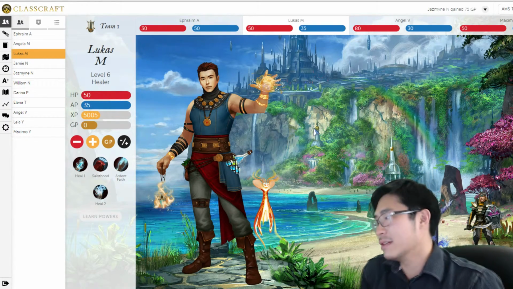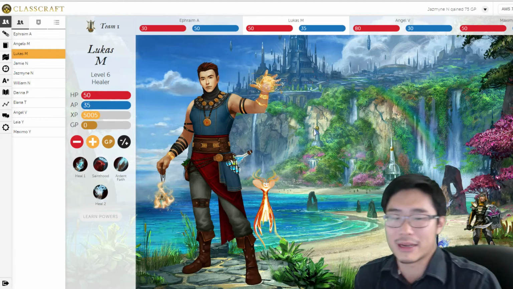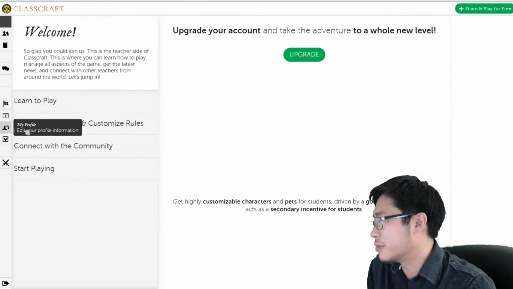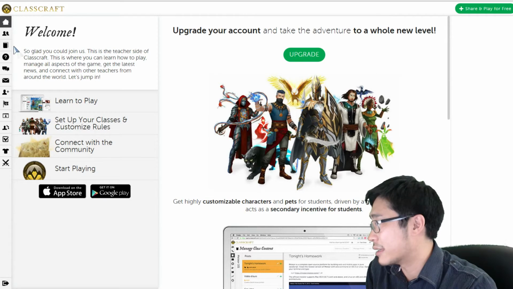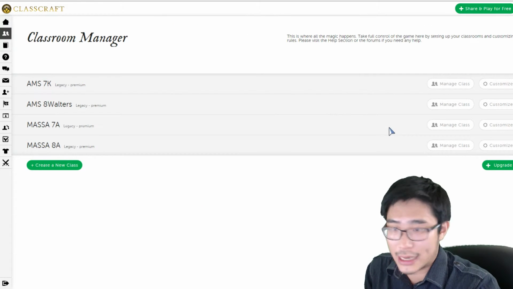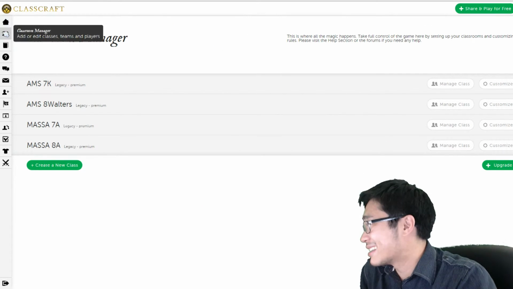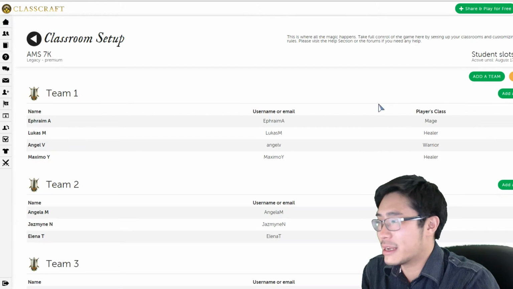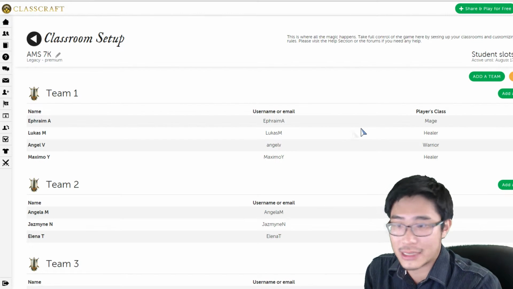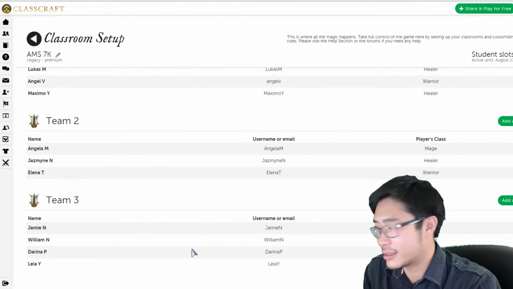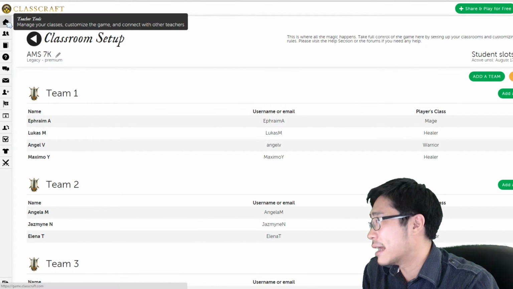It's a wonderful, very, well, let's just put it this way, it's a very powerful system which requires quite a bit of maintenance. So let's go ahead and take a look at the classroom manager, where we can actually customize the rules or customize the players and teams. Here are the different teams that I've added for this one. And if we go back,